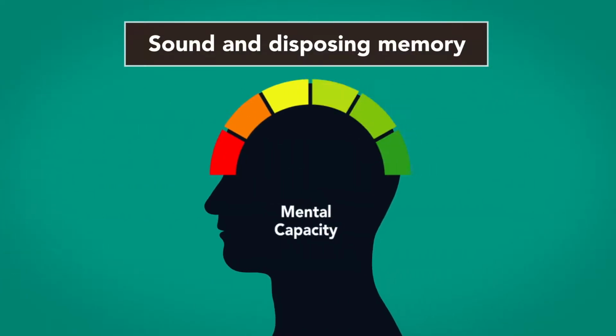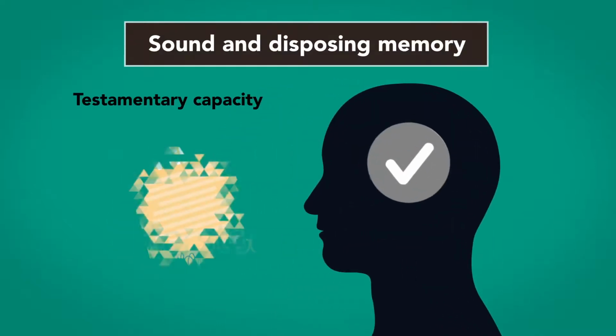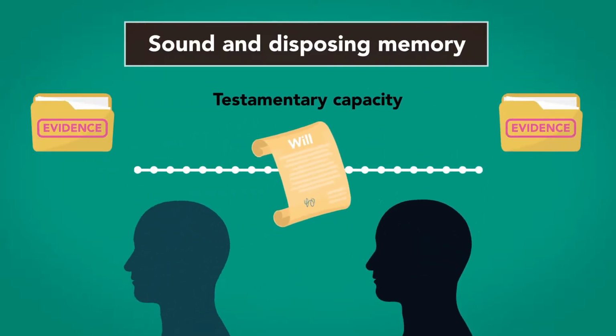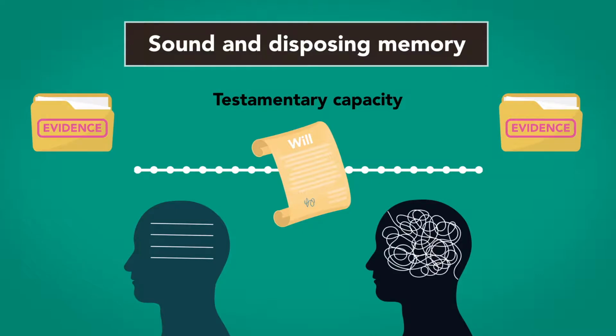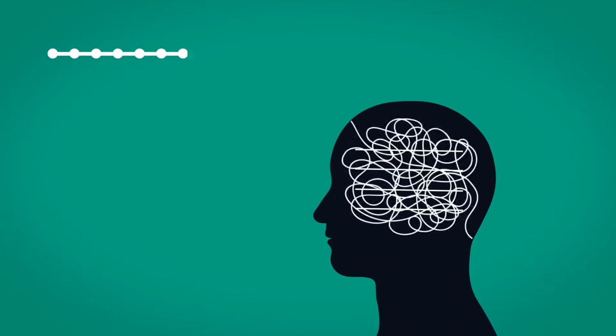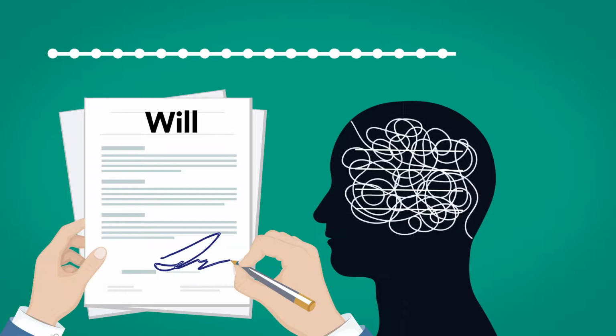The capacity to execute a valid will is minimal, lower than that required to execute most other legal documents or contracts. Testamentary capacity must exist at the time a will is made. Nonetheless, evidence of capacity before and after the date of execution may be relevant in determining whether the testator had capacity as of the date of execution of the will. Even a partially incapacitated testator may have lucid moments when he or she has the requisite capacity and could execute a will at that time.